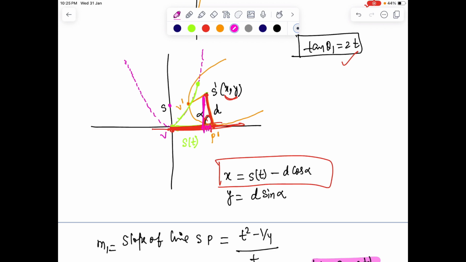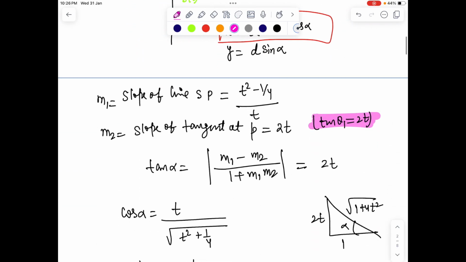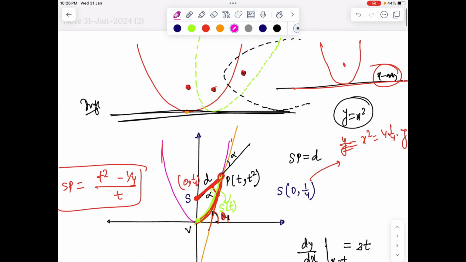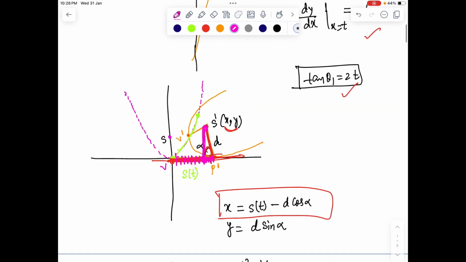If this distance is D, this projection, if I draw, we'll have this distance as D cos alpha and height is D sin alpha, right? So the x coordinate of the point is just this distance, which is total S minus D cos alpha, and the y coordinate is D sin alpha. And tan alpha I have calculated, which is 2t, where alpha was the angle between this, so using (m1 minus m2) by (1 plus m1